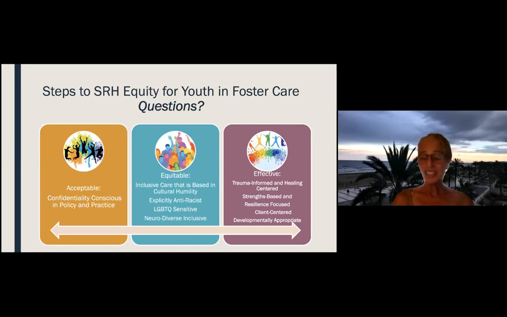Somebody asked, is the resource that you just talked about applicable to providers across the country? That's a great question. It's something we really struggle with. Everything except the law is. When you write anything that includes the law, because minor consent and confidentiality are state laws, it is written from the perspective of California state law. But of course, there's a lot of overlap with other states as well, and the bulk of the material would be applicable to anybody who's providing care for youth who are living in foster care, or youth who have experienced trauma in their lives.